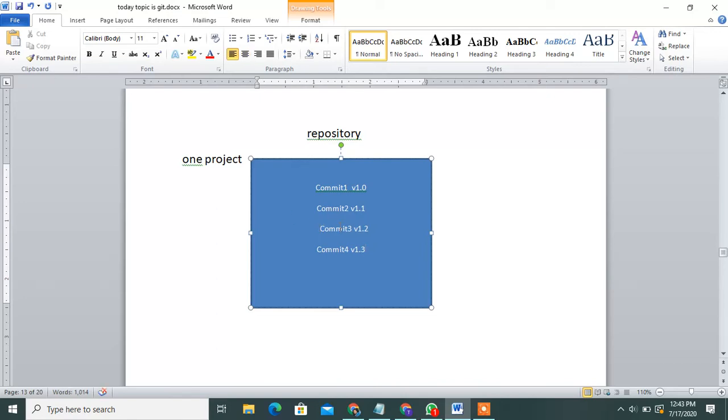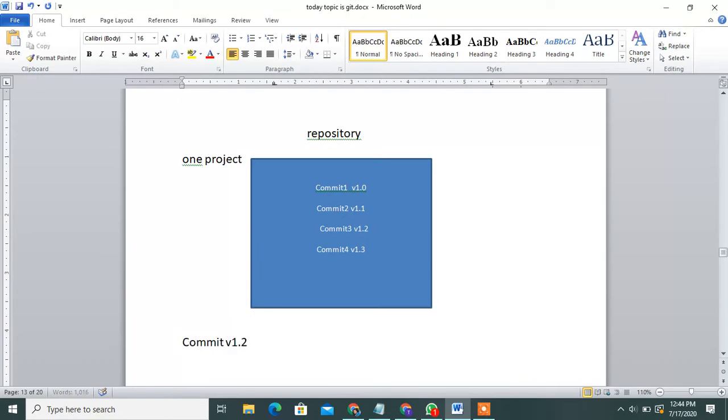You can see this: you can take only the commit ID tagged v1.2, and with this commit you can deploy the application easily. Among all the commits, you can mention 7 or 10 or any number of commits as release versions. It will create a tag, and you take this tag and deploy it.